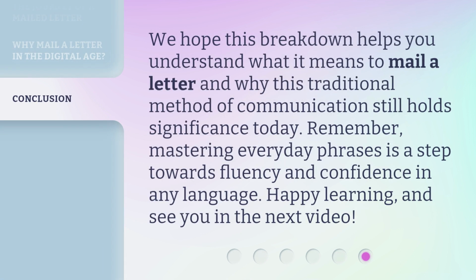We hope this breakdown helps you understand what it means to mail a letter and why this traditional method of communication still holds significance today. Remember, mastering everyday phrases is a step towards fluency and